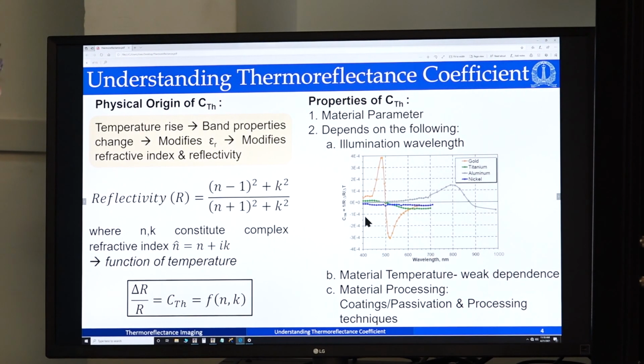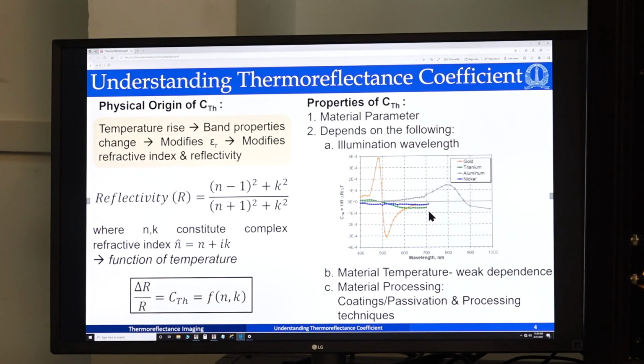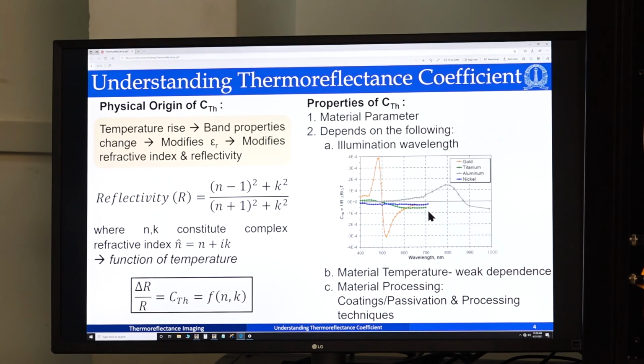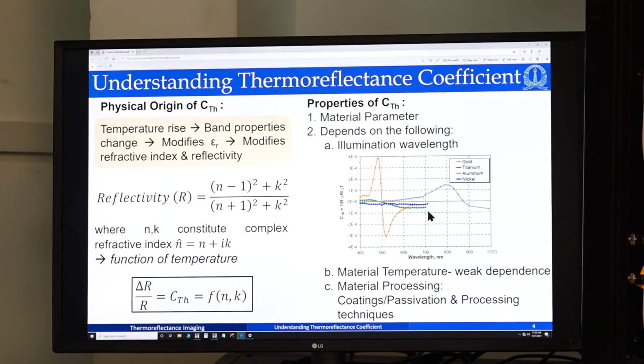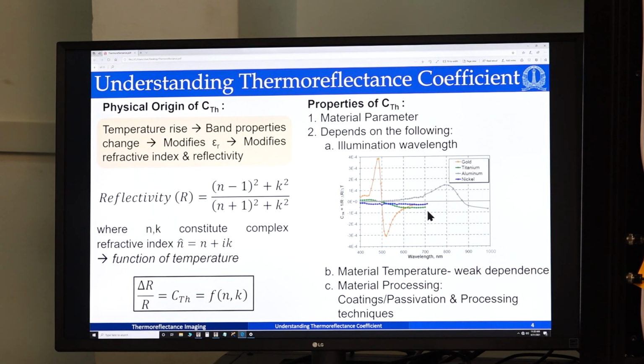Similarly for aluminium, I would be using somewhere around 780 to 800 nanometers. For gallium nitride, which is the sample being probed here, we would be using UV, 365 nanometers. Why? Because this is a wide bandgap device, and if I am using any wavelength higher than 365 nanometers, then light will pass through the sample. None of it will be reflected back. But my goal is to have maximum reflection. That is why I will be using wavelengths approximately equal to or above the bandgap of the material.